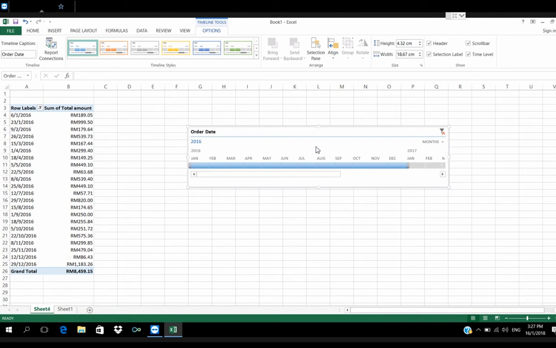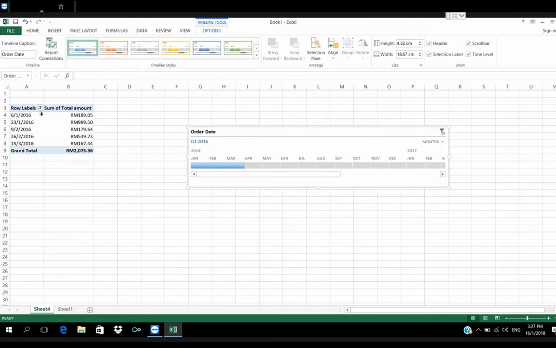So this is the total data, and if you'd like to see the first quarter, you can hold the tab and grab it to March, and you can see there are only five days doing transactions with the sum of 2000.